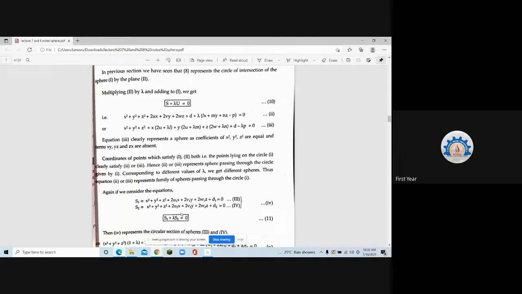स्पीयर चाहिए हमें, इन दोनों का इंटरसेक्शन सर्कल मिलेगा, उस सर्कल से पास होने वाला स्पीयर चाहिए. तो लैम्बडा की कौन सी वैल्यू ऐसी नहीं होनी चाहिए सो दैट वोंट गिव मी अ स्पीयर? लैम्बडा इक्वल टू -1 मैम. वेरी गुड. अगर लैम्बडा इज इक्वल टू -1 रहा तो वी नो दैट इक्वेशन ऑफ स्पीयर इज हैविंग कोएफिशिएंट ऑफ x स्क्वायर y स्क्वायर z स्क्वायर टू बी 1. तो वो दोनों कैंसिल हो जाएंगे एंड आई विल गेट अ प्लेन.